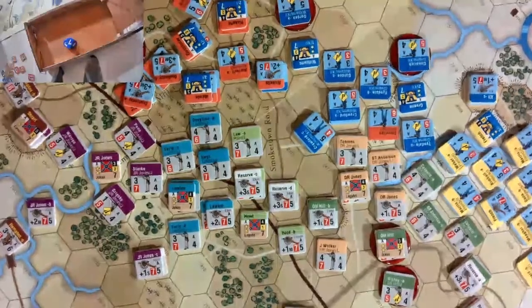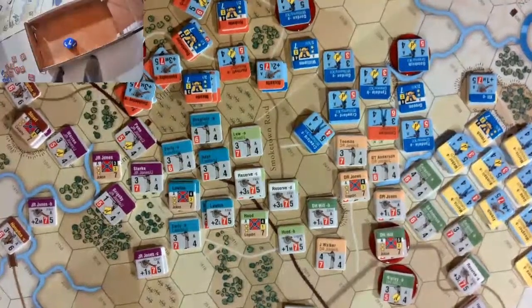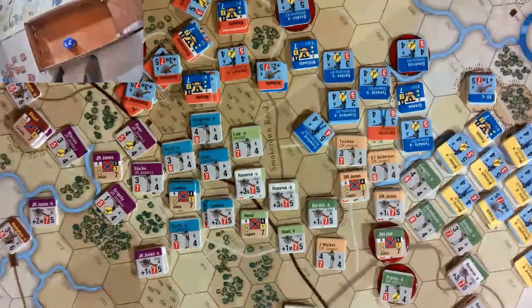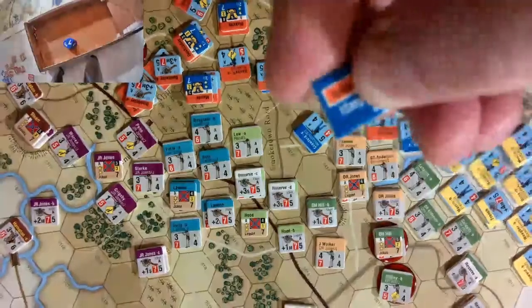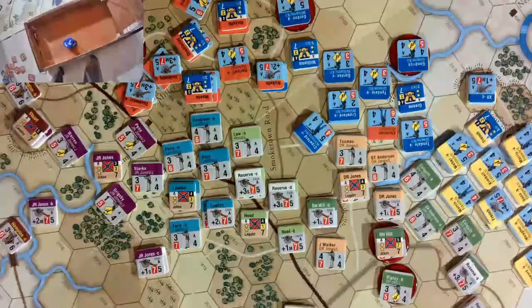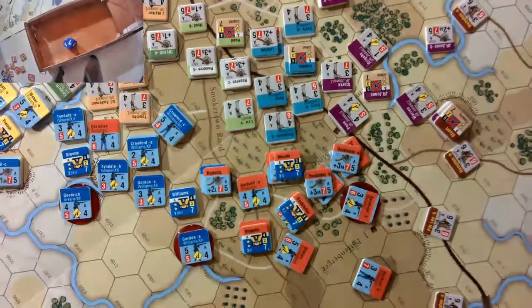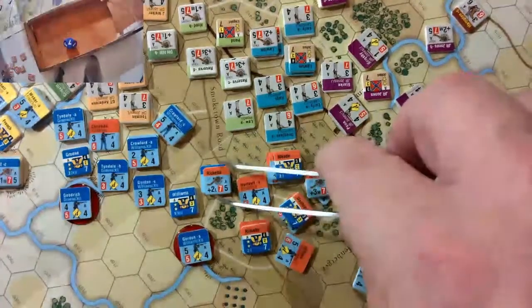Got a very solid defense here. So again, it doesn't have to be a very vigorous attack by Jackson. Just needs to push them back, remove units, and kind of go from there. So our next one is going to be Hooker again. Okay, Hooker gets a chance to redeem themselves, or the First Corps gets a chance to redeem themselves. So now, what do we do with Hooker? I think we start with